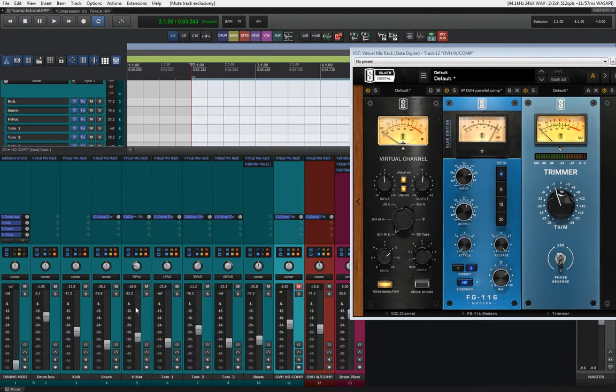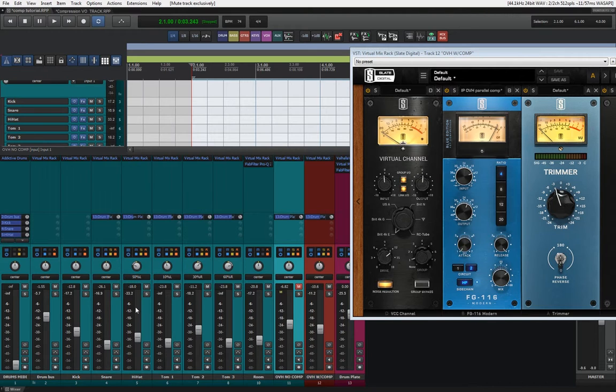With compressed overheads, it suddenly transforms from just a hi-hat to an element that fills the top end and gives the whole kit a lot more width. Also, since the overhead track has some reverb on it, the whole perspective of the drums has more depth in that space that we imagined that it should be.